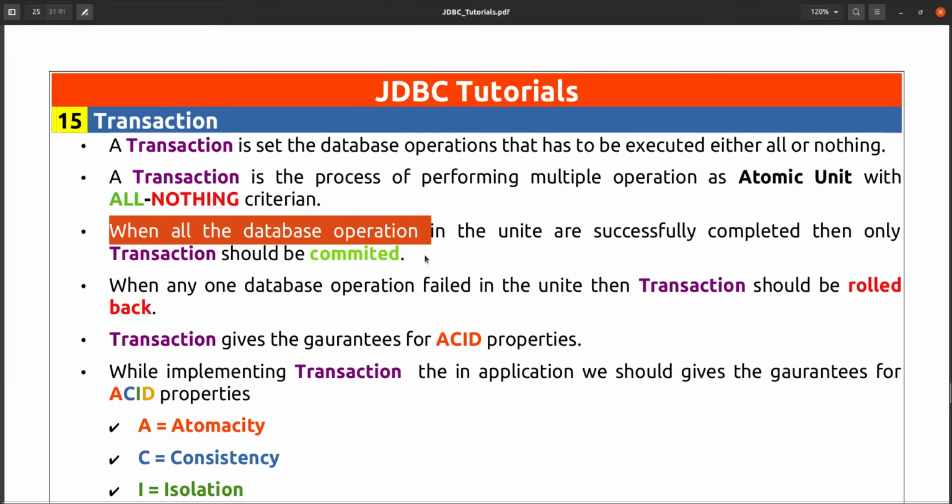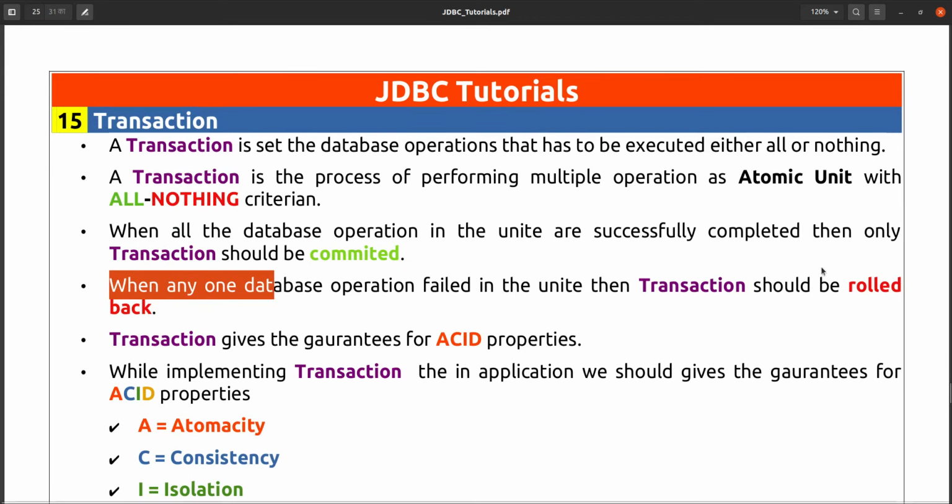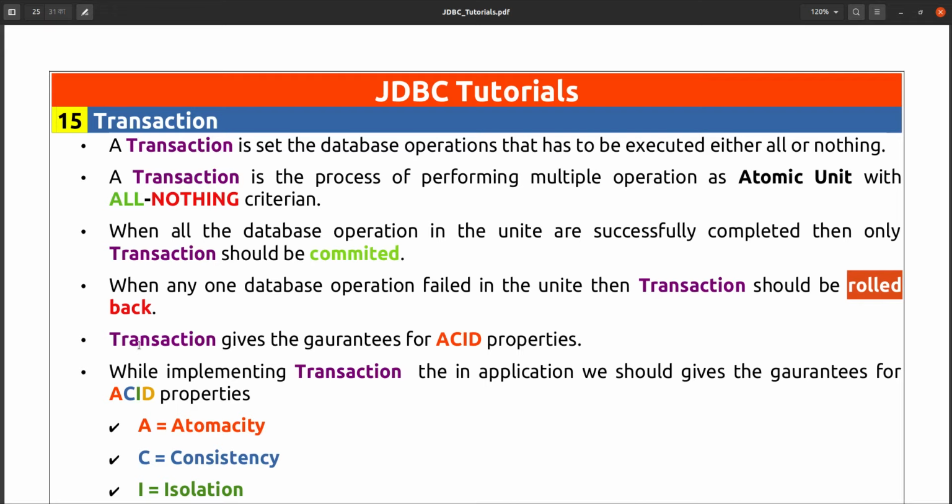After successfully executing all the methods, the transaction should be committed. If any of the operations fails, then the transaction has to be rolled back. You should not persist any data if any one operation fails from that transaction. And transaction gives the guarantee for ACID properties.